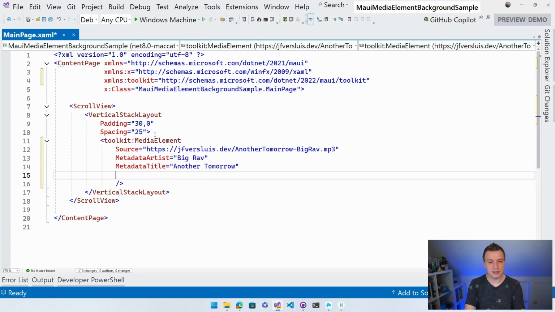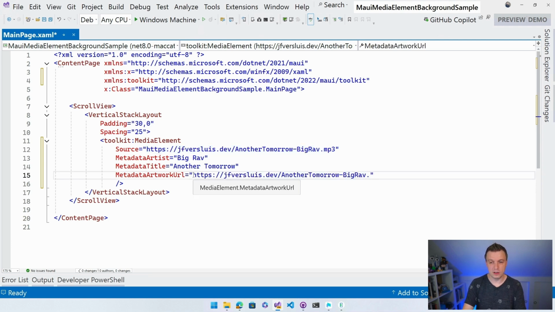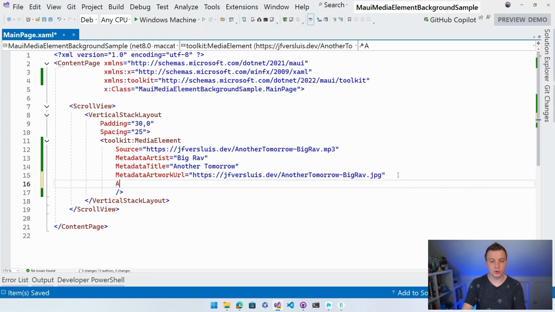And then we can do metadata artwork URL. So I have the same URL, so let's just copy this, but with .jpg, so that I have the artwork here as well. And that should start playing. Let's do autoplay as well, which is already something existing. Set should autoplay to true so that it starts playing automatically. Now, on Windows, you don't need to do anything else. In a minute I will pull up the documentation for the media element, which has everything that you need to know as well. But let's just run it on Windows from right here, and let's see what is going on.